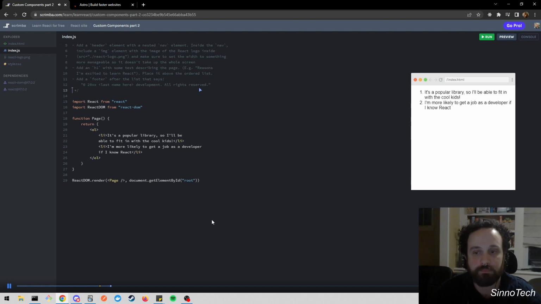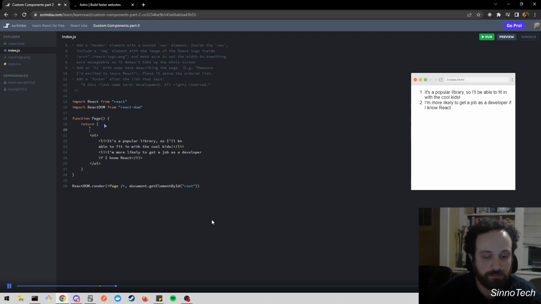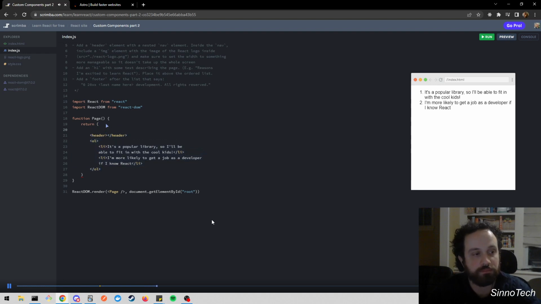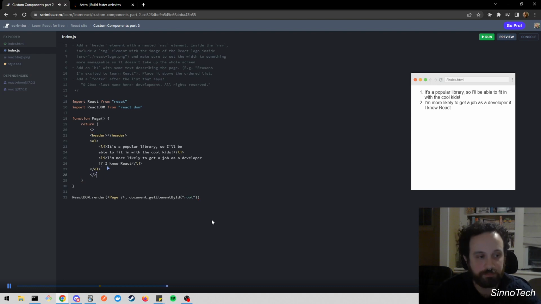One of the biggest tricks in this challenge is to make sure that you don't just try to add a header. Hopefully that didn't cause too many headaches for anyone, but the biggest problem with this is that I'm trying to create two sibling JSX elements here, one with the header and one with the ordered list. Inside of a component, I just can't do that. I have to have one parent component. So I could either use those fragment tags that I briefly mentioned earlier, like this, or a lot of times you'll see people just wrap it in a div like this. Okay. But I guess